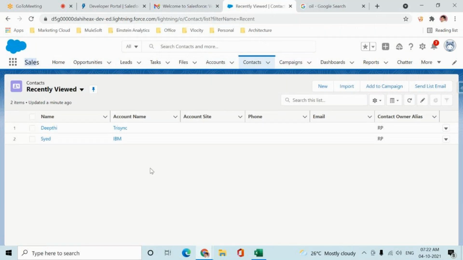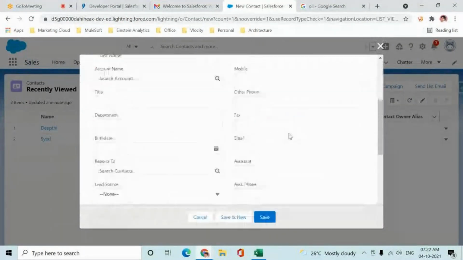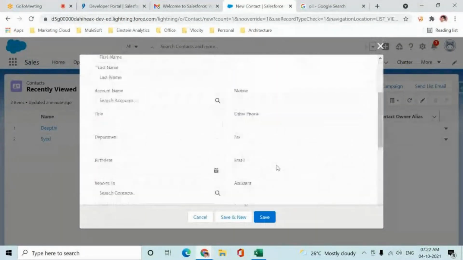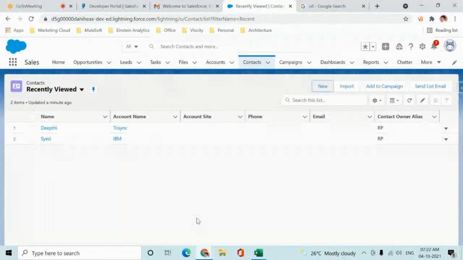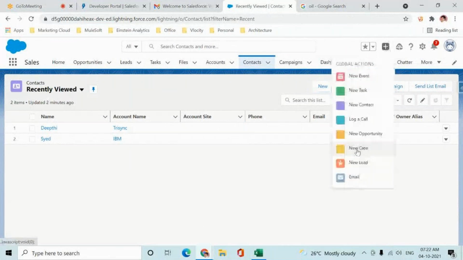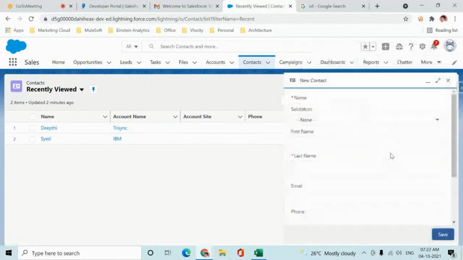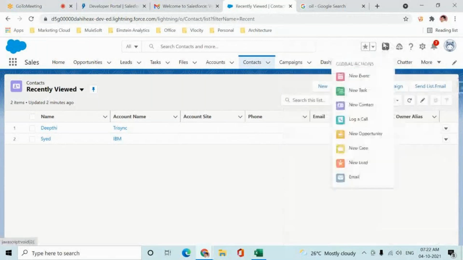Okay. Now, for example, if I want to create a contact record, I should go to Contacts tab, click on New button, give all the fields that are available in the contact. So I have some around 20-30 fields, right? But let's say I don't have much time to create this contact by giving all this. Instead, I can go to this plus symbol, choose New Contact. It will hardly ask me 4 or 5 fields that I need, and if I save, a record will be created. So these actions are called as quick actions, which got converted to global actions. So we will see what is a quick action, how do we convert into global action as well in future.